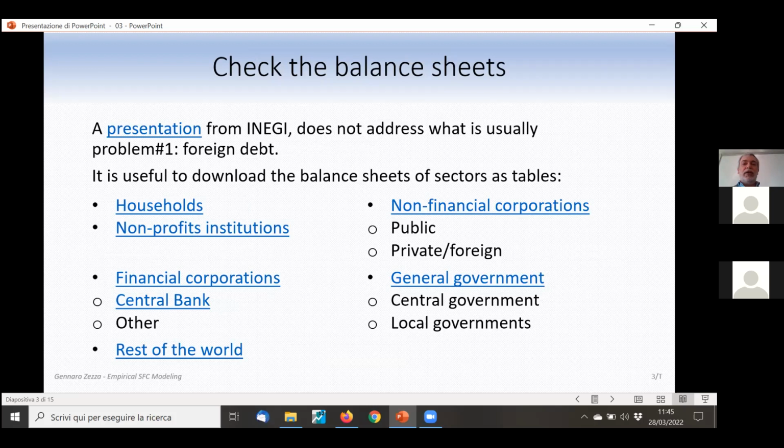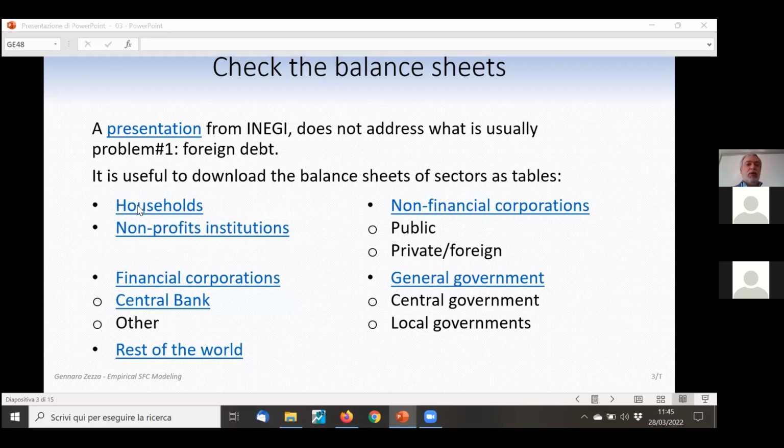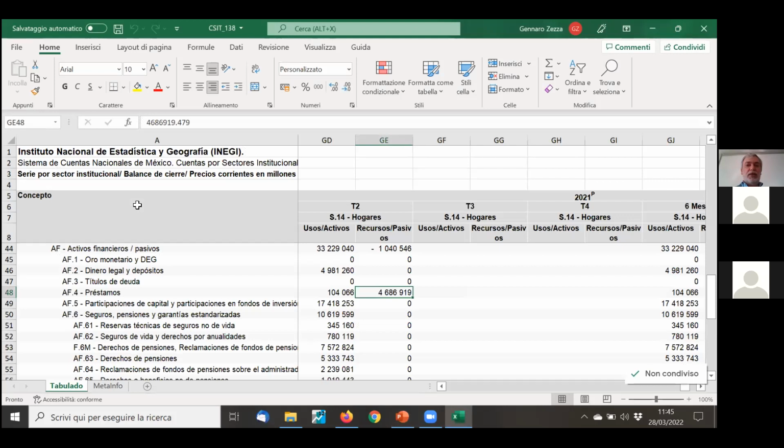I looked at the description of the data made by the Mexican Statistical Institute, which in an unpredictable way is neglecting the first thing I would look at if I were interested in Mexico, which is the foreign debt and its determinants. So as I said, what we want to look at first is the balance sheet of each sector. So I've downloaded these balance sheets,